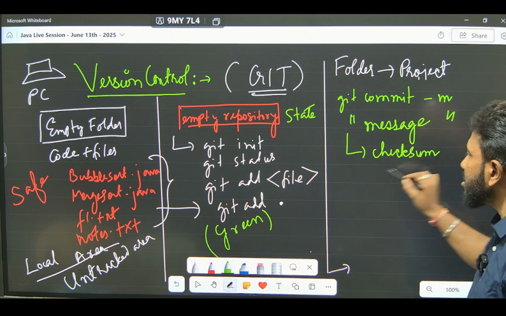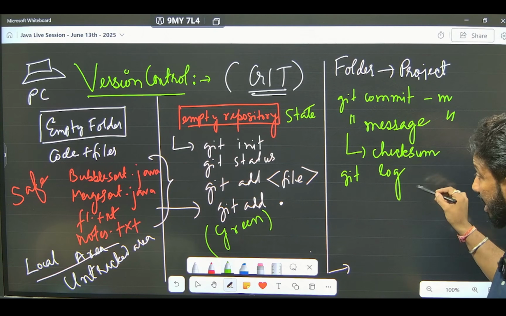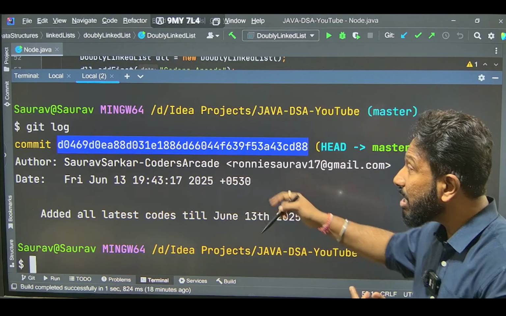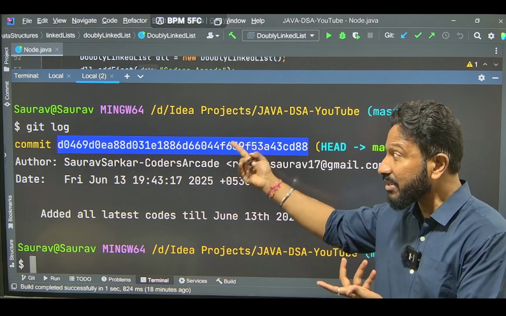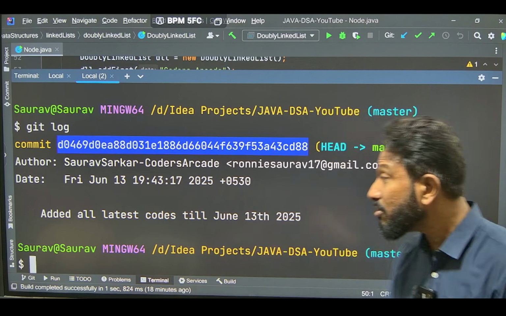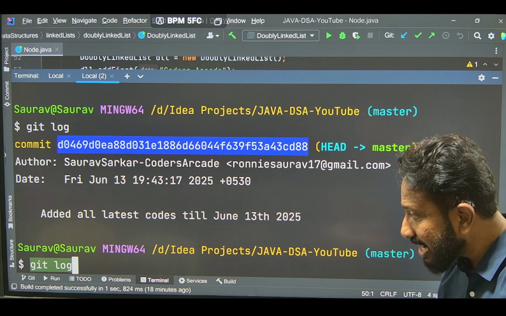How do you check this? You use the git log command. Okay? And with this checksum, if something goes wrong, this is a stable version, I can go to this version. But this is a very big number. We cannot remember that number, right? What do I do? I will just say something like this. Try to understand. I will say git log minus